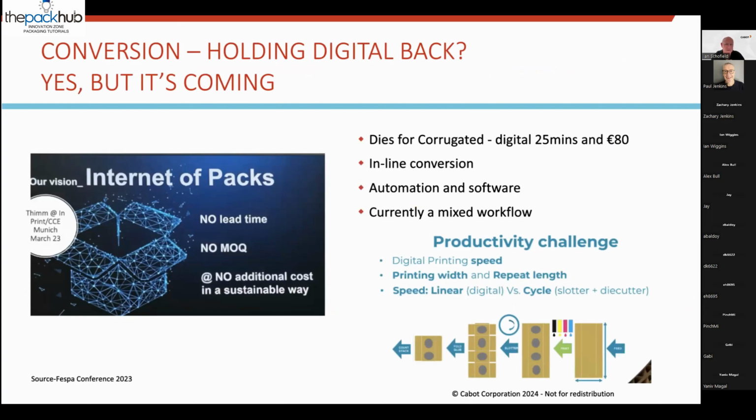This is just something that I picked up on in the last year when I've been going to exhibitions and things, that people said, oh yeah, it's great having a digital press, but it's no good if I can't convert it quickly and change. And you know what? You're absolutely right. And they were right when I was listening to this. This vision, though,